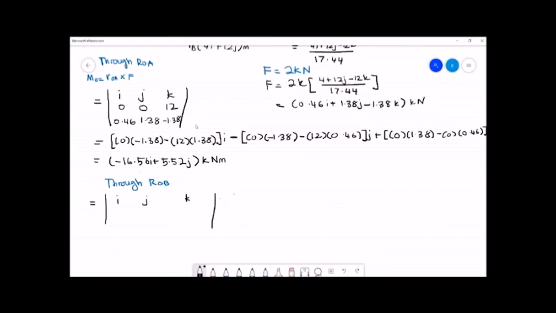For i j k, the position vector of ROB is equal to 4, 12 and 0, then 0.46, 1.38, minus 1.38, this is the force, okay, cross product equal to,